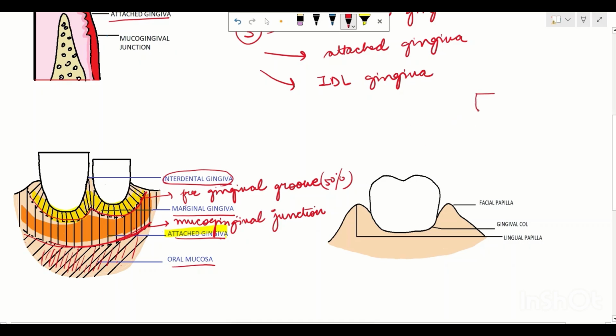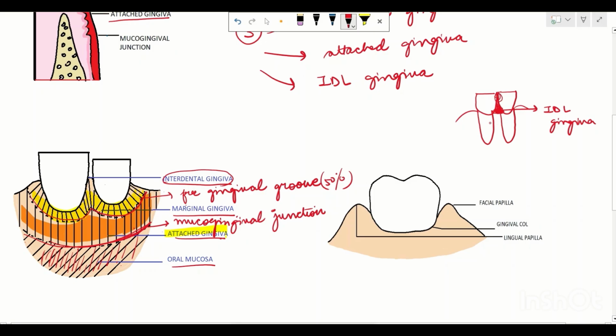So you see, if two teeth are in contact with each other like this. I am drawing here these two teeth, they are in contact with each other. So here you can see this is the gingival embrasure. This gingiva will be occupying this gingival embrasure. So this is your interdental gingiva, which occupies the gingival embrasure, which is present beneath the point of contact of